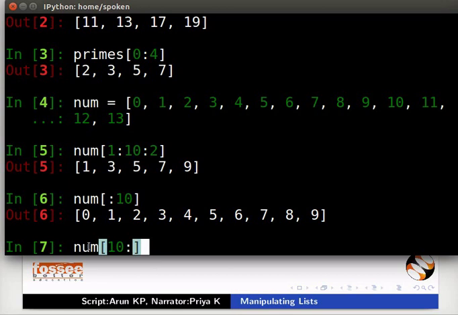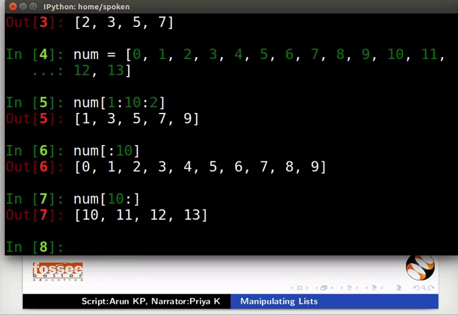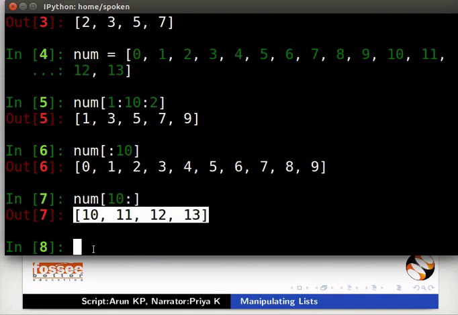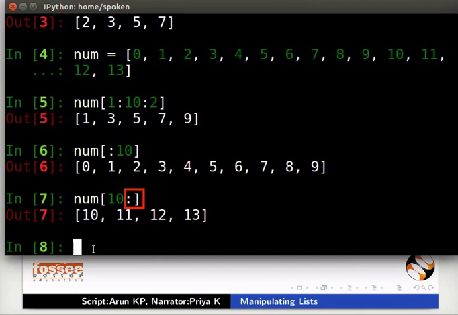Type num inside square brackets 10:. This gives us all the elements from 10th element to the end. If you don't specify the stop value, the elements till the last index of the list will be returned. Start or end value can be negative to indicate that they are counted from the end of the list.